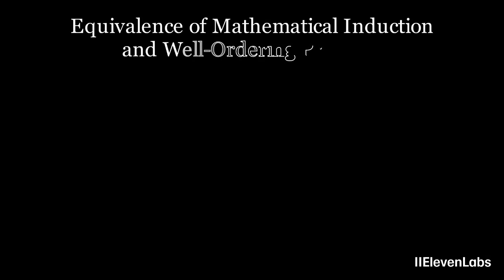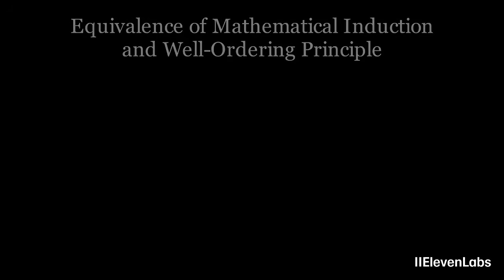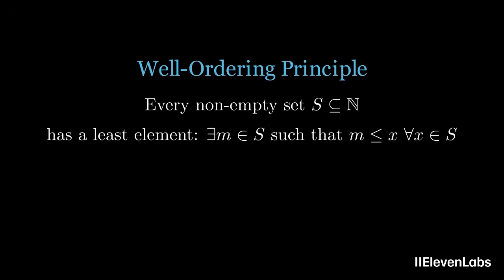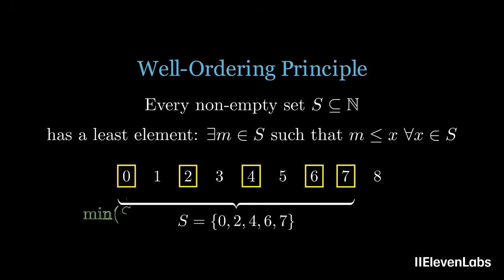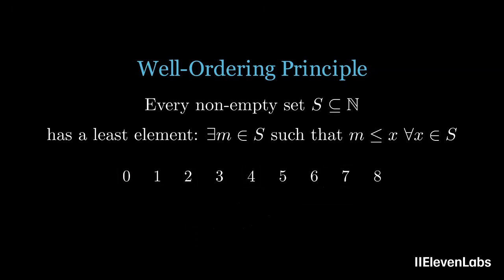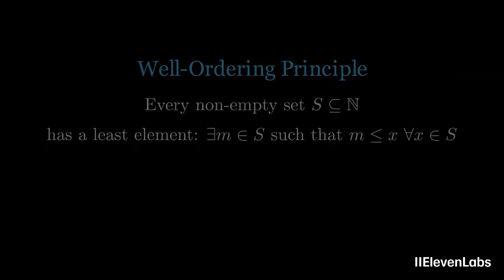This property is called the well-ordering principle of N. Equivalence of well-ordering principle, or WOP, of the set of natural numbers and the principle of mathematical induction, or PMI. WOP says every non-empty subset of natural numbers has the least element. If S is a non-empty set, then there exists an element M which is less than or equal to any